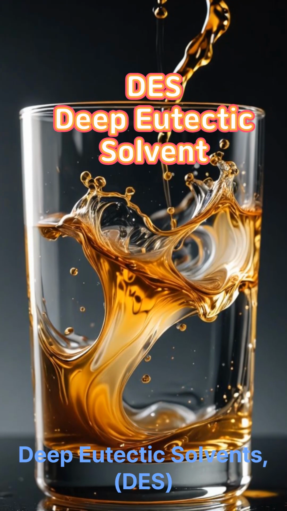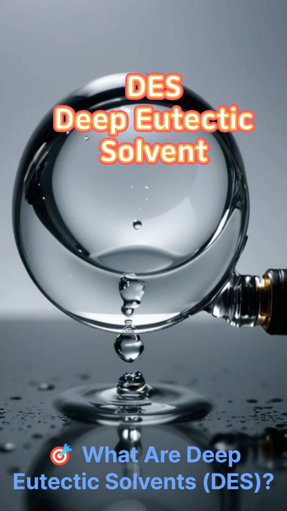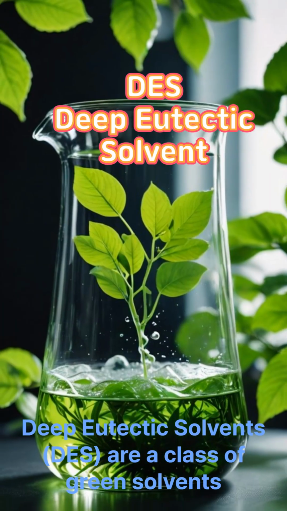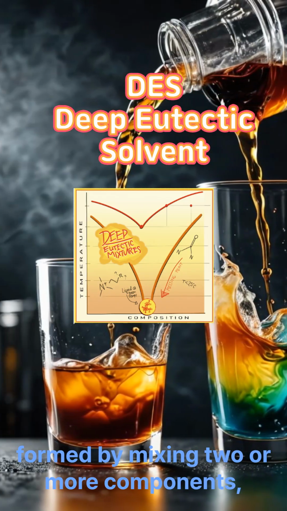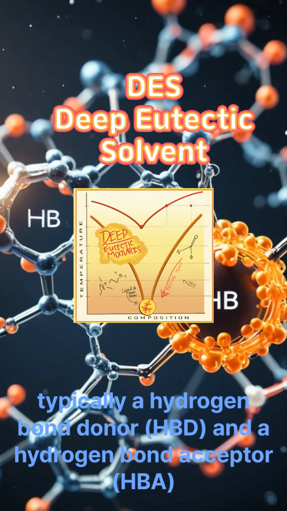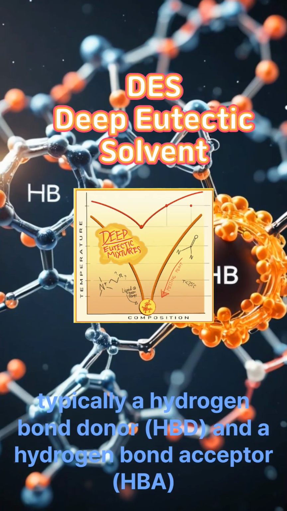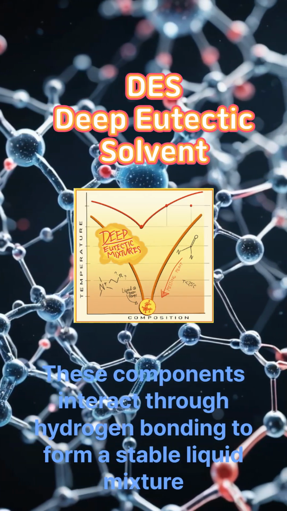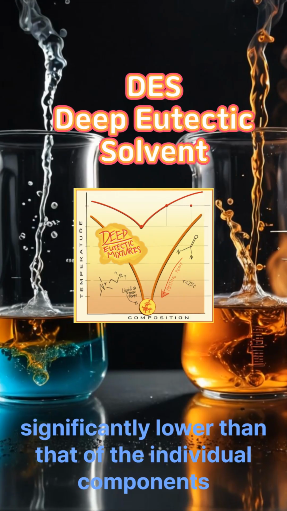Deep eutectic solvents, DES. What are deep eutectic solvents? Deep eutectic solvents are a class of green solvents formed by mixing two or more components, typically a hydrogen bond donor (HBD) and a hydrogen bond acceptor (HBA). These components interact through hydrogen bonding to form a stable liquid mixture with a melting point significantly lower than that